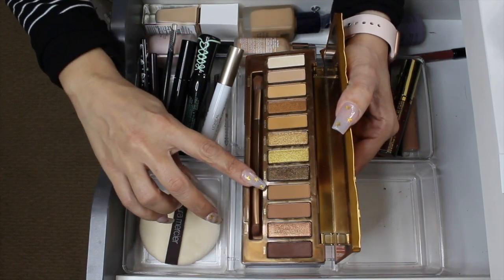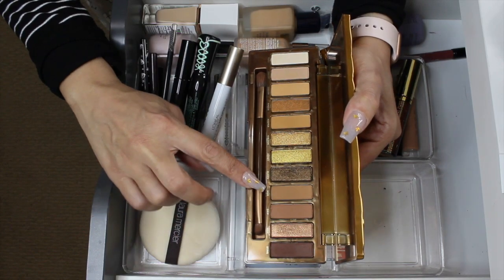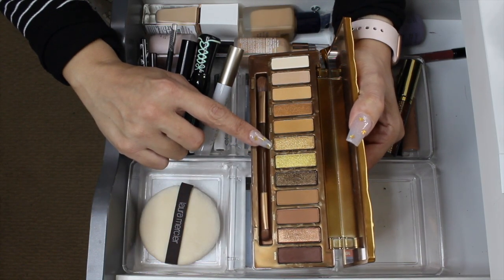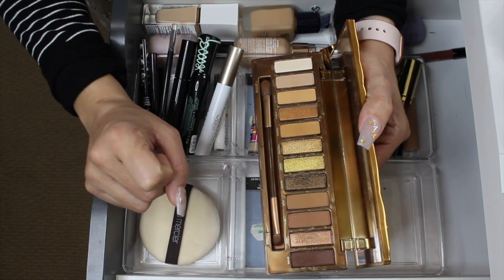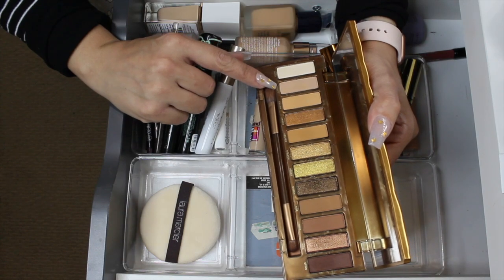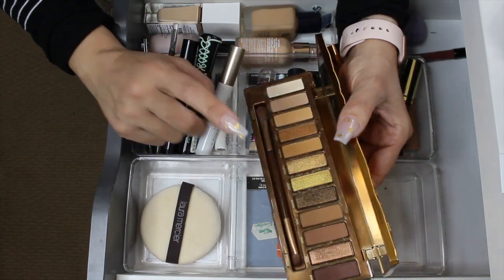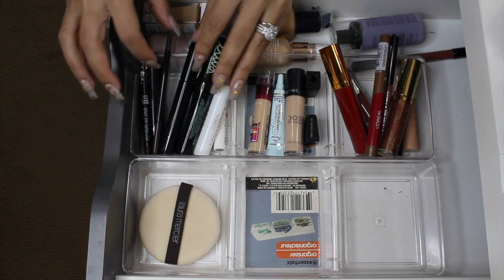I did do a look with these, all four. I did a look with these over here. Deepened it a little bit with this one. I used every single one in here. I think the only shade I didn't use was the shade Sweet, but I'm okay with this. I'm gonna go ahead and put it away. All right, let's move right along to